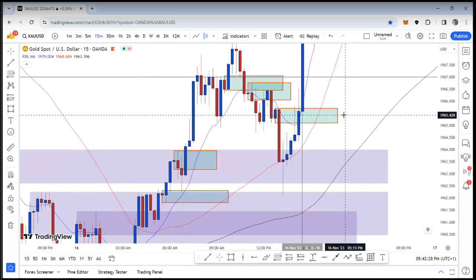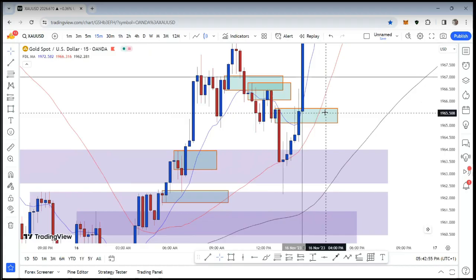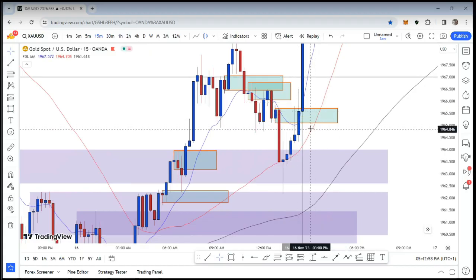Now, according to the law of structure, let me repeat it so that you guys can remember. According to the law of structure, when the current time frame structure is either bullish or bearish, we should ensure that the lower time frame structure aligns with the current time frame if we see continuation after a retest. If that doesn't happen, then we focus on the law of CMP. Now, price has retested this engulfing sell zone,